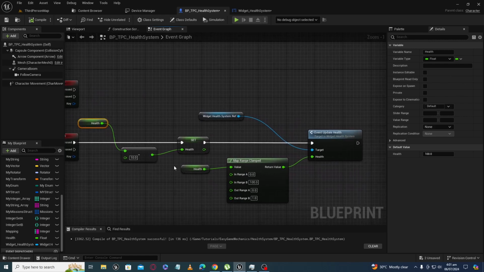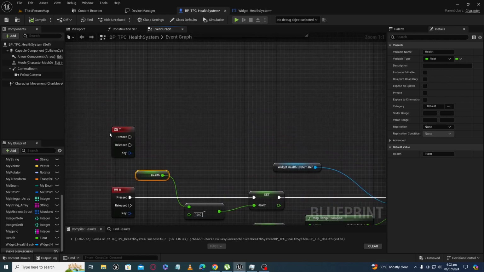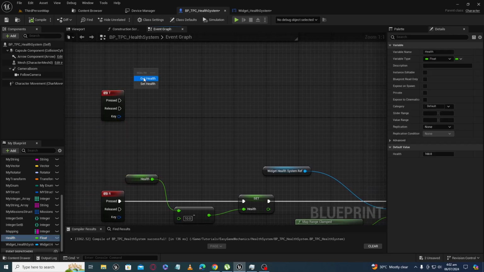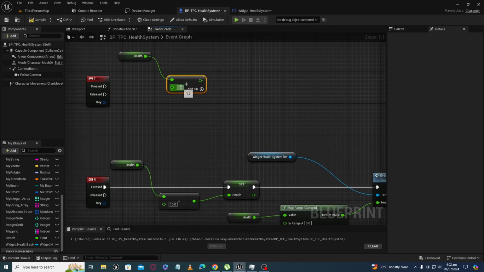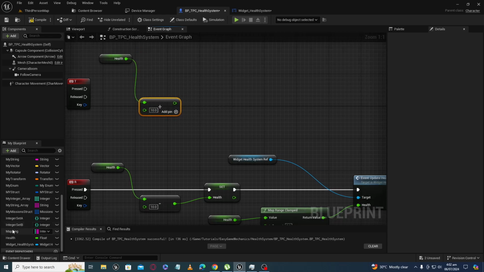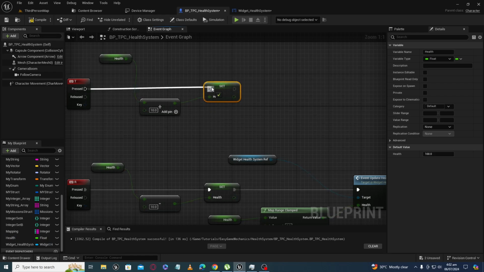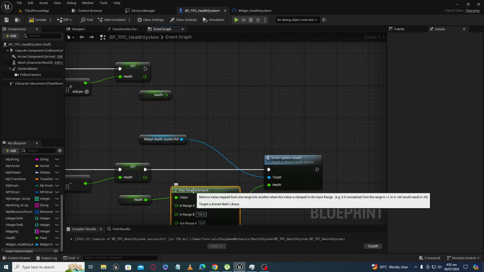We will do the same, but with one difference. We will use the add node here. Same, we will get health, and we will use plus float, and we will increase the value by 10 when we want to increase our health, and again we will set a value of health here, and again we will use the map range clamp. Let's copy it from here,